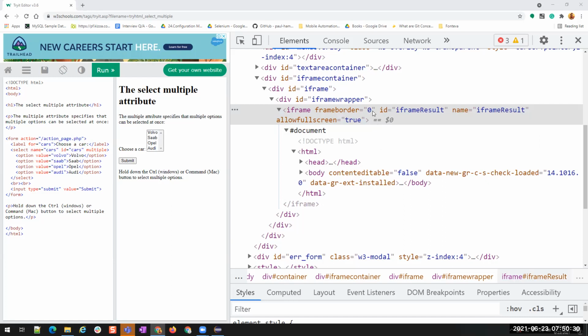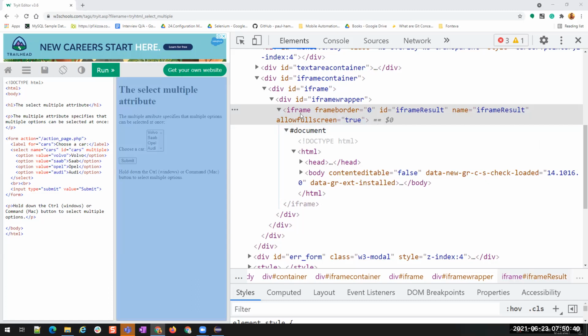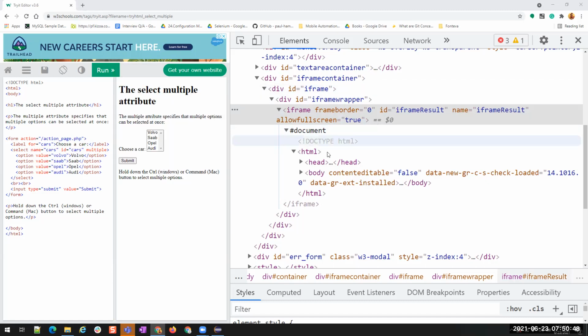Do we use this for Selenium? Yes, we use this for Selenium. That is the reason I'm explaining it. We have to do some extra operations if there are iframes. So what are those extra operations and why should we do them? I'm going to tell you now. If you understand what an iframe is, then I can teach all those things.